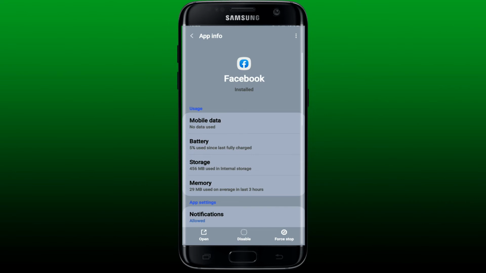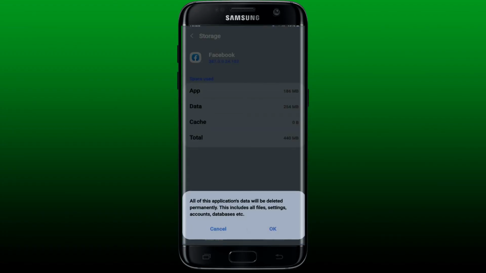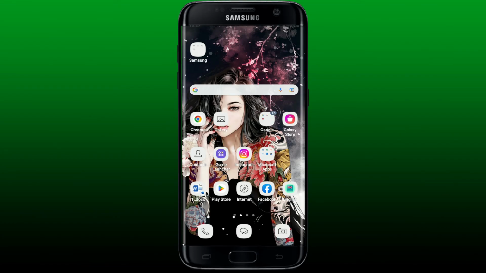From the App Info page, tap on Storage. Select Clear Cache at the bottom right, and once you clear out the cache data of your Facebook application, tap on Clear Data at the bottom left. Make sure that you know your credentials for your Facebook account since clearing your data will delete the application's data. Tap on OK in order to continue and go open your Facebook application and see if that fixes your story